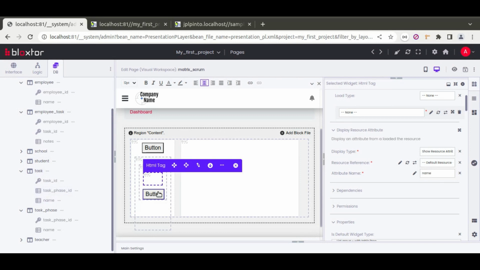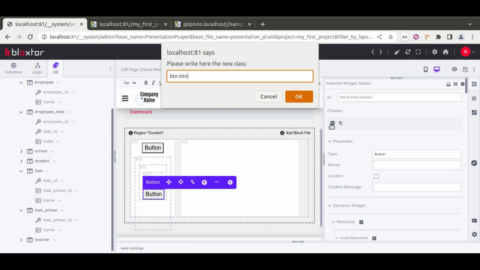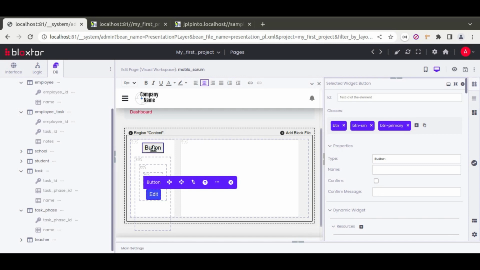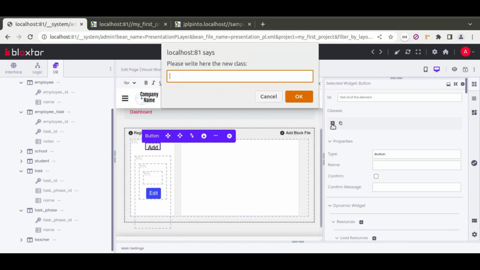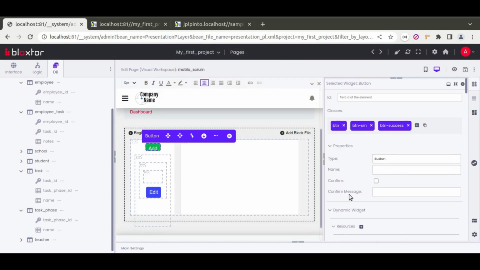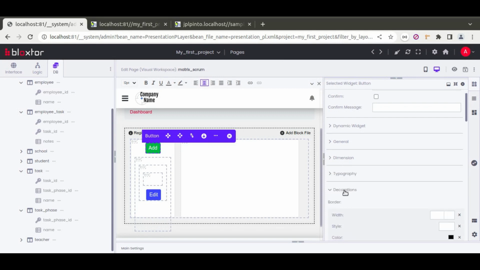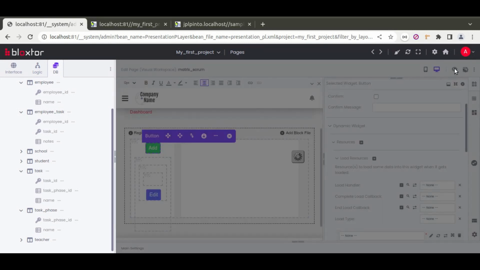Okay, and here will be the button, where in this case I want to add some classes, so it can be a beautiful button where it should say edit. Here this button should say add. I need to add some classes too. By default it adds some dimensions, so I want to clean that. Okay, perfect. So if I save this and preview,